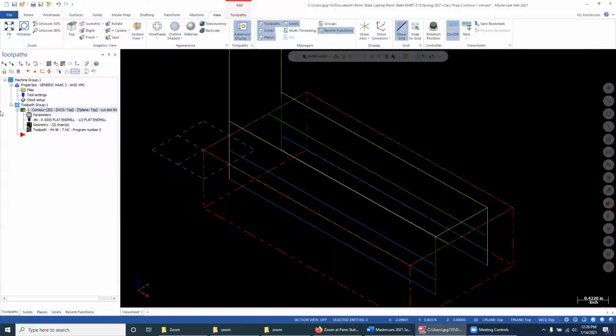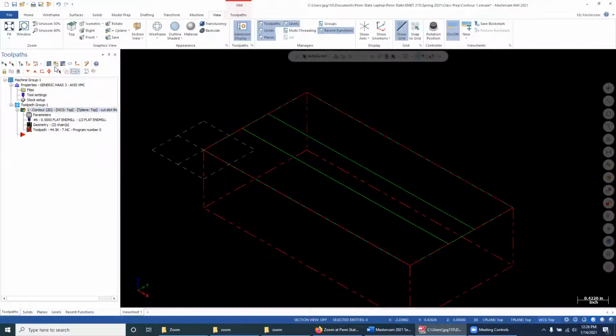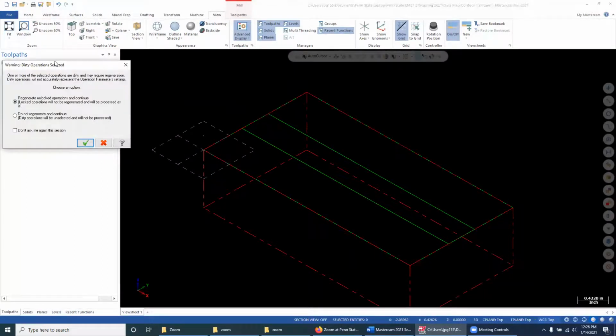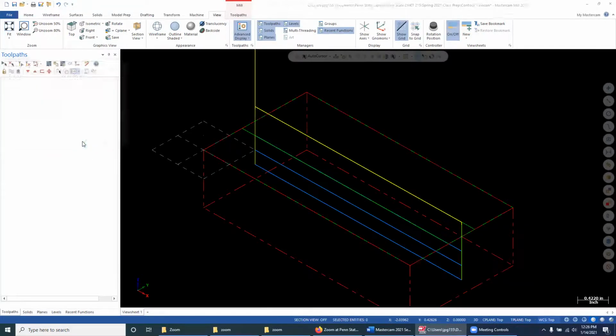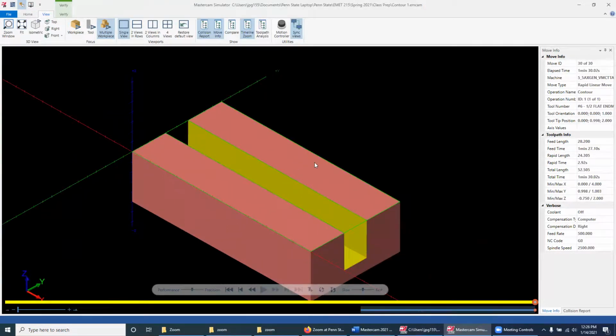So if I go back in and change that parameter to the way that I originally had it, which would be the cutter compensation direction to the right, now you're going to see, as I go ahead and do the verification, and it prompts me to regenerate, by the way, so I'll go ahead and do that. Now it shifts back to the way it had been. So that's a brief introduction to the simulation, a brief introduction to cutter compensation, and we'll talk more about those things in the next